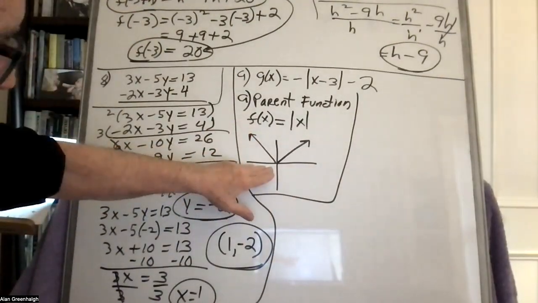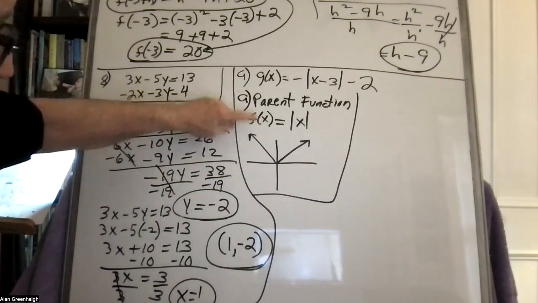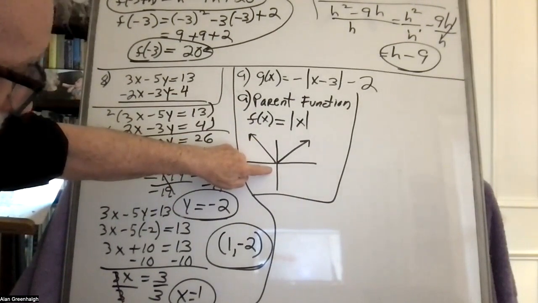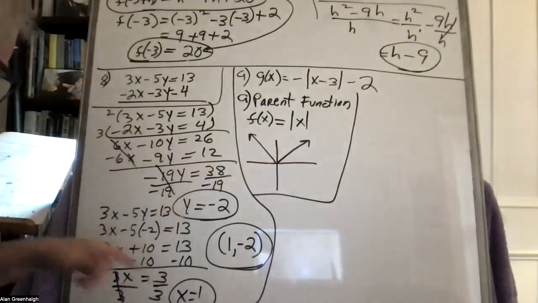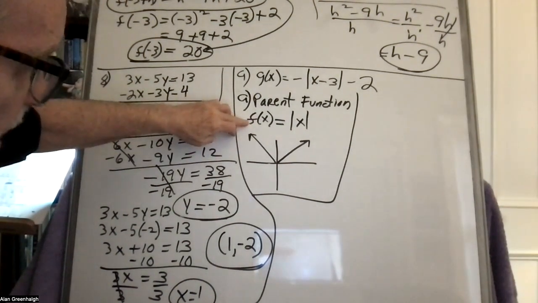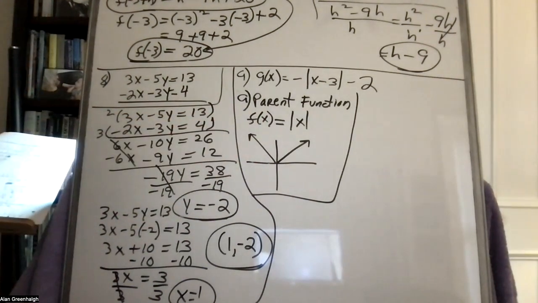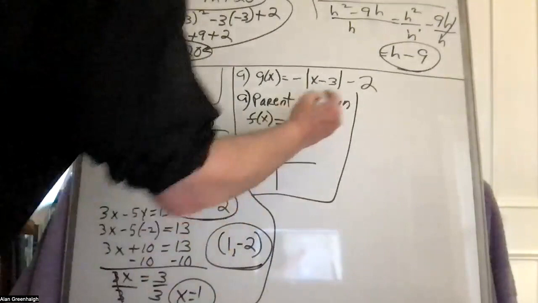Some people gave me the graph without naming it. Lost a point for that. Some people gave me the graph, but I get to follow directions. The directions said name and graph. Name and graph the parent function. And then the second part of it is graph the actual function,